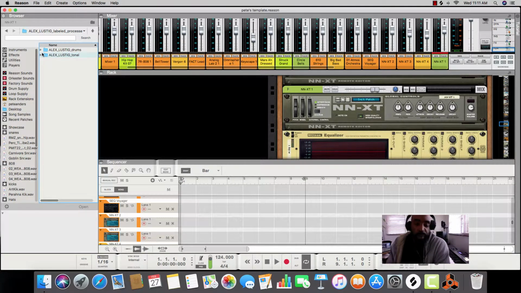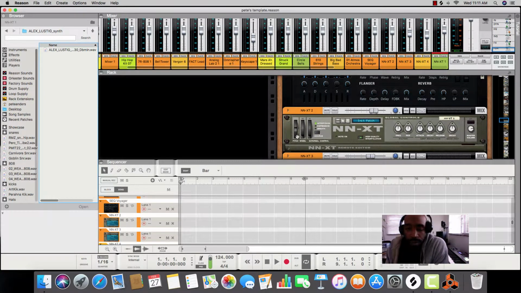Because I was putting it in my NN-XT, I saw people put samples in the ReDrum as well. But the thing about that is that you can only use it from the beginning on. Let's say if you want the middle part, it wasn't gonna work. So I kind of figured out a way